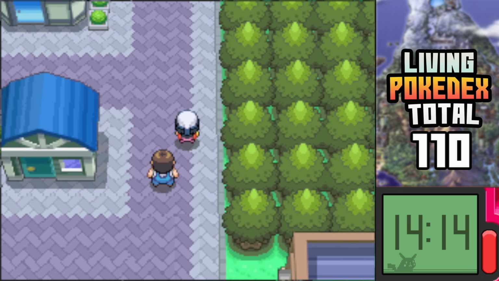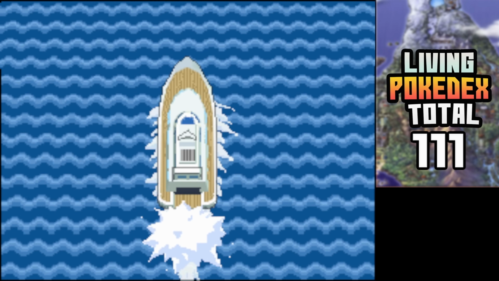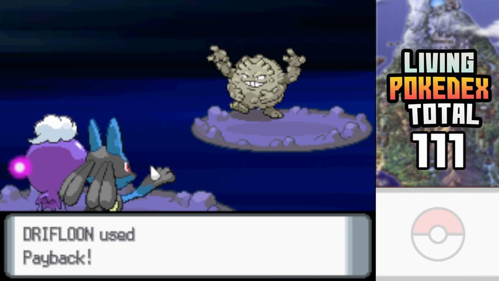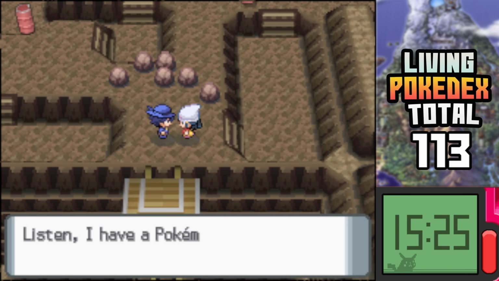After arriving in Canalave City and defeating Barry in a battle, she evolved her Magikarp into a Gyarados. Her next stop was Iron Island, so after a short boat ride north, Dawn made her way through Iron Island. There, she teamed up with Riley to defeat the trainers in Team Galactic. During this adventure, her Drifloon evolved into a Drifblim, as well as catching a Steelix, and she received a Mystery